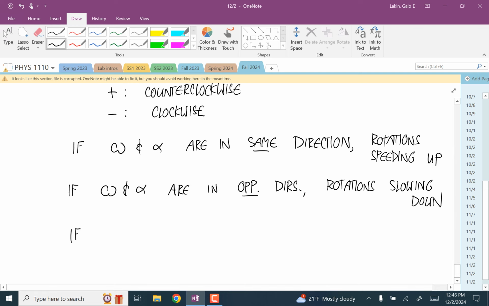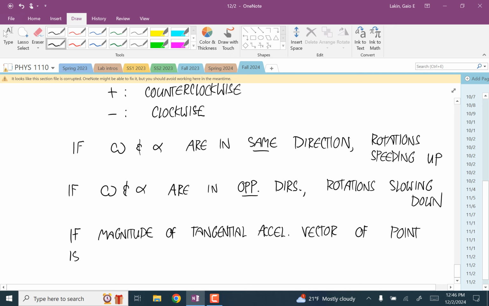So if the magnitude of the tangential acceleration vector of a point is